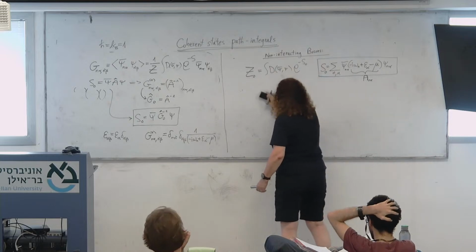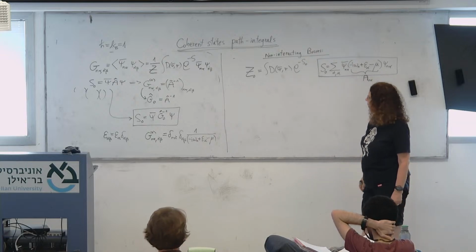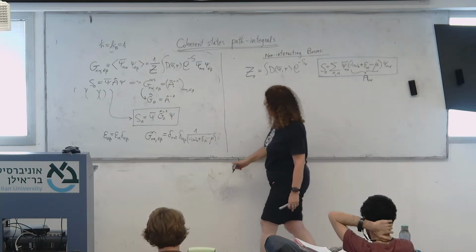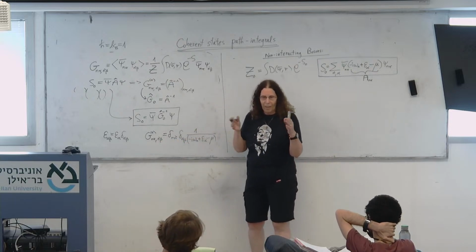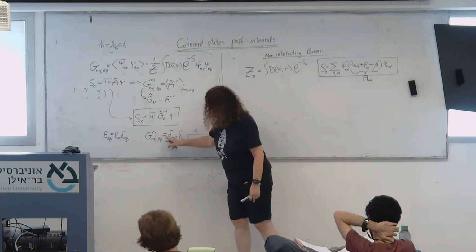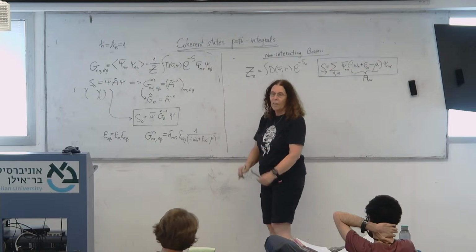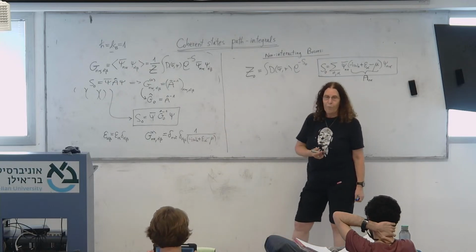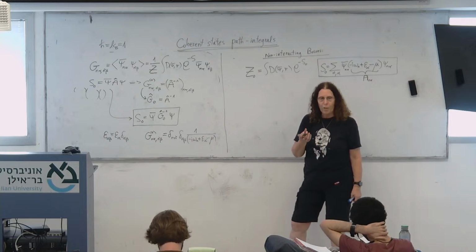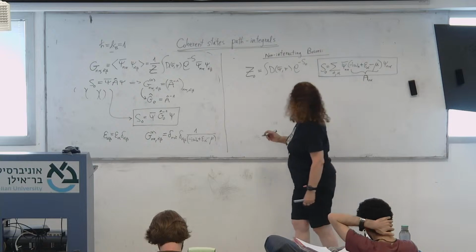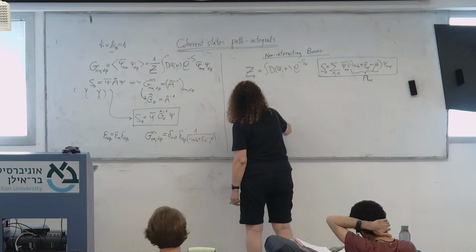So let's look at, for example, some physical quantity that we can get out of this calculation. I defined here a Green's function, but this is a quantity that is not very intuitive to you because it's written with some Matsubara. It's something mathematical, but we can get from it a physical quantity that is familiar to us, the occupation of a state alpha. What is the occupation of a state alpha?